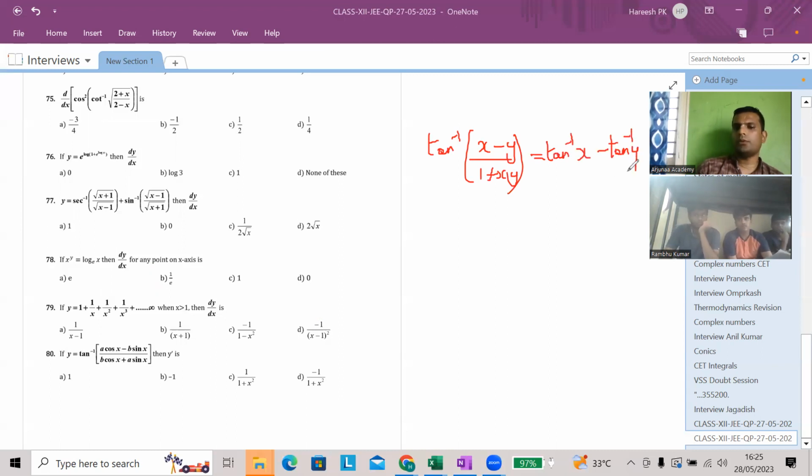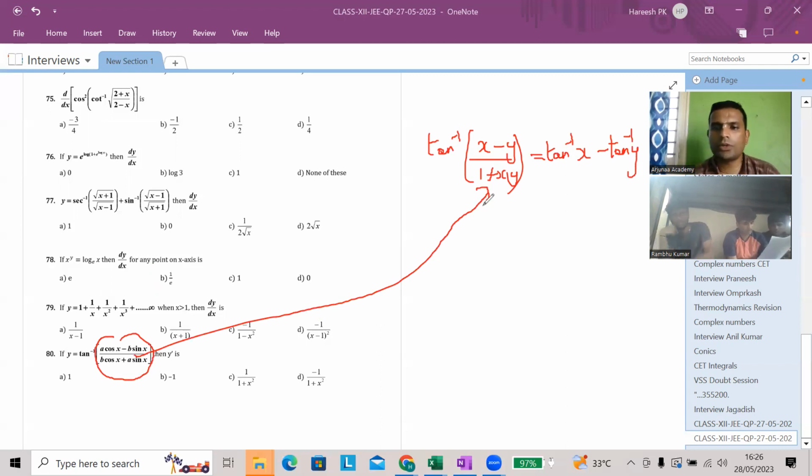So you should try to write this also like this. So denominator first term, what should it be? 1. Currently is it 1? No, sir. So how to make it 1? Divide every term by b cos x. When you divide by b cos x,